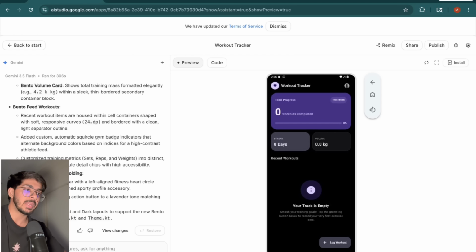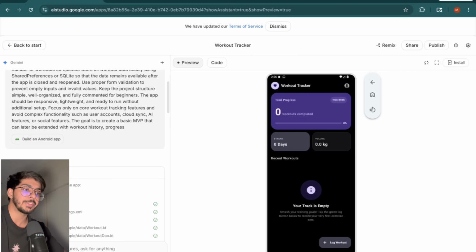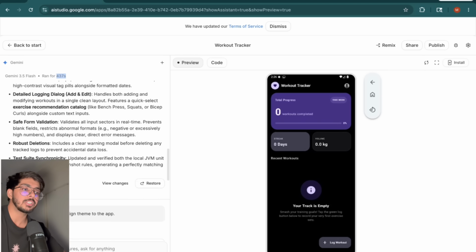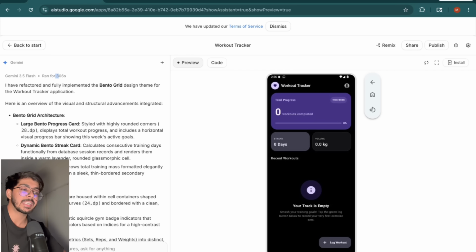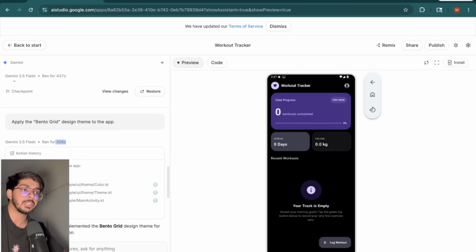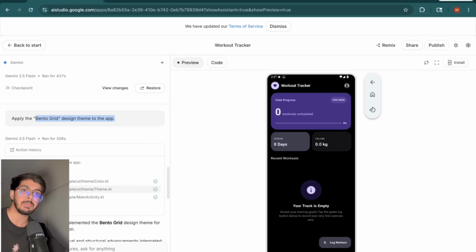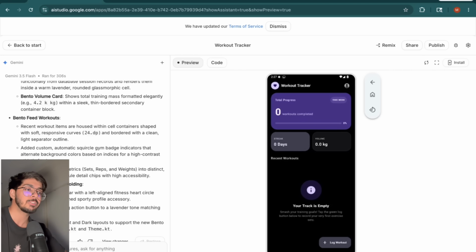Alright, it has implemented the things. First it implemented everything that is written in the prompt, and it took somewhere around 437 seconds. The changes while the files were edited are over here, but after that it took somewhere around 306 seconds, because we gave an external command to add the bento grid design for the application, which is this one. So if you want to know how this application works and what features it has implemented, you can just go through all these documents, the pointers that it has given about the application.